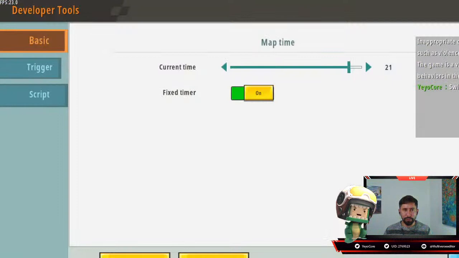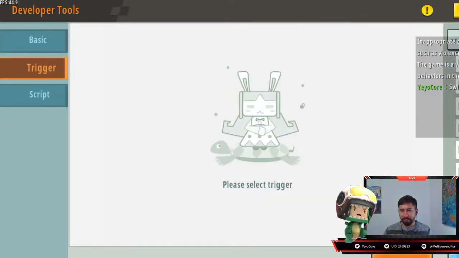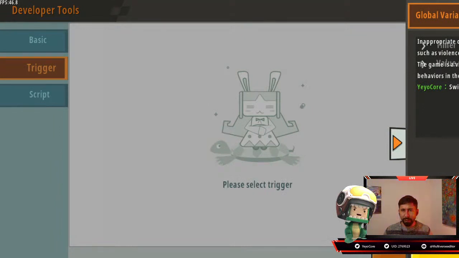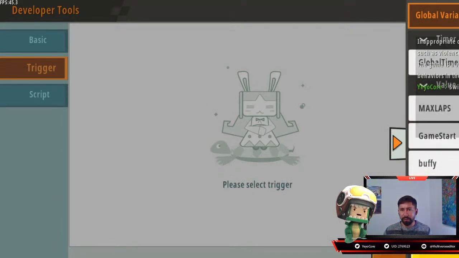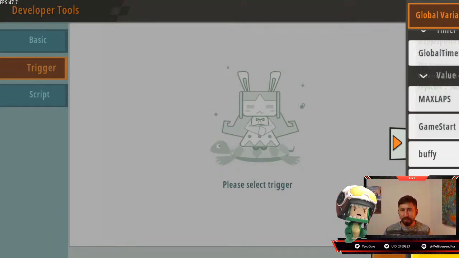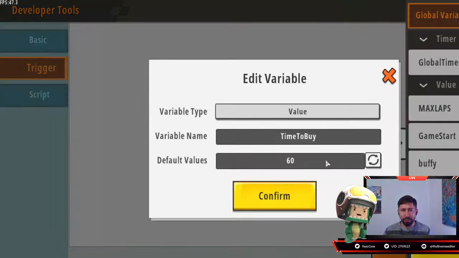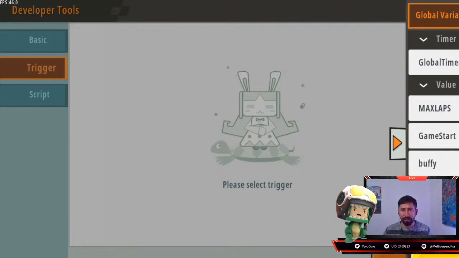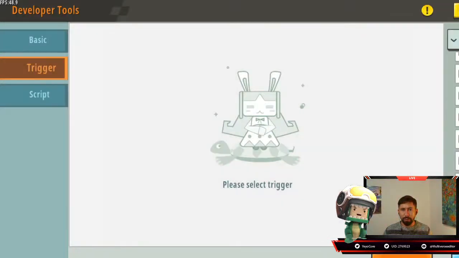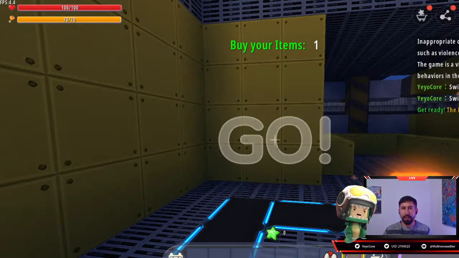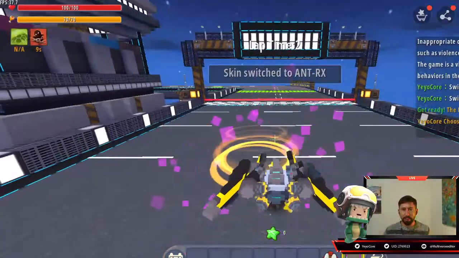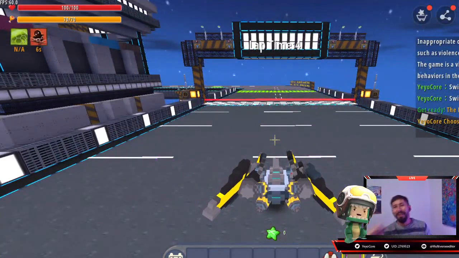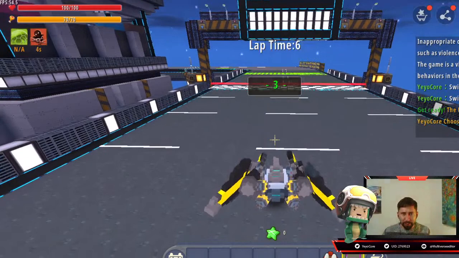Okay, some triggers. We don't want to wait that much time because the game is making you wait around 1 minute to start the game. So I'm going to change that by editing this one. I'm going to switch to 1 second, sorry. Then we are going to go to play mode, and that's it. 1 second, and it will allow me to play. So yeah, guys, as you see here,